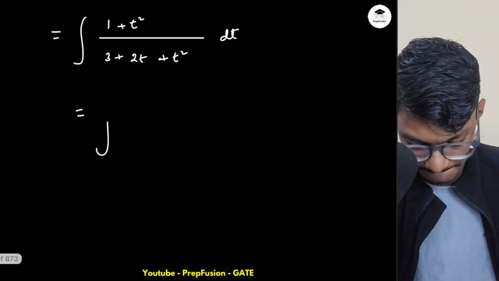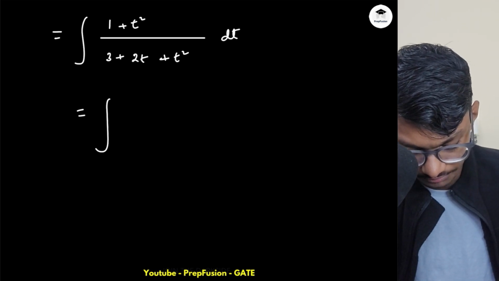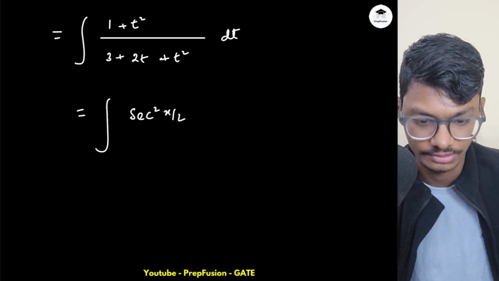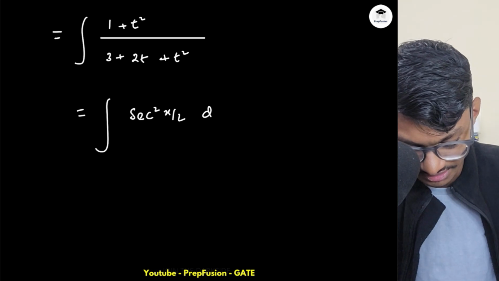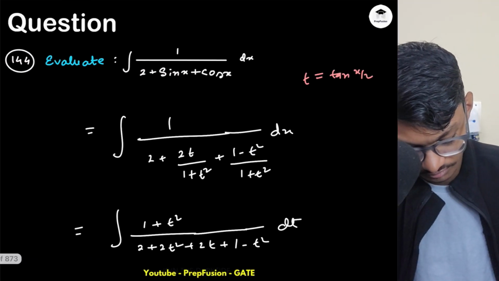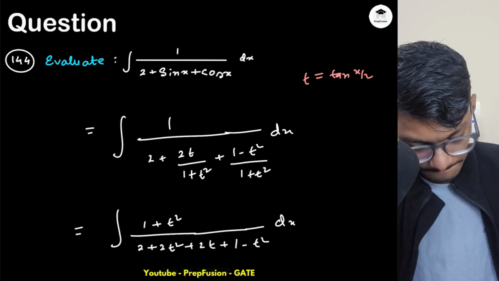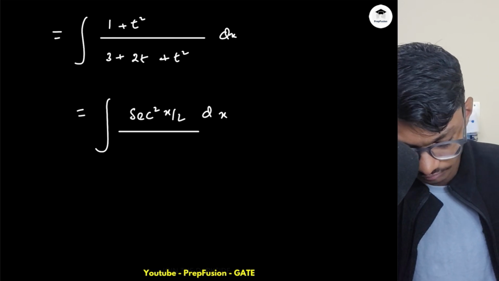This will be simply sec square x by 2, because 1 plus tan square x by 2 is sec square x by 2. Okay, sorry, this is not dt, I'm sorry, this is dx only, I wrote dt by mistake. This will be dx divided by